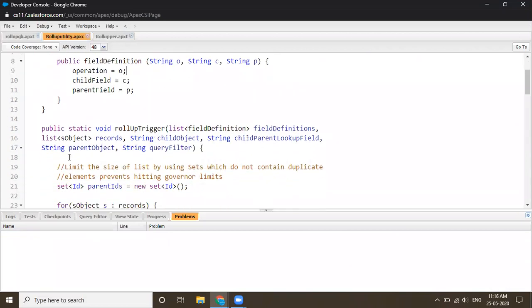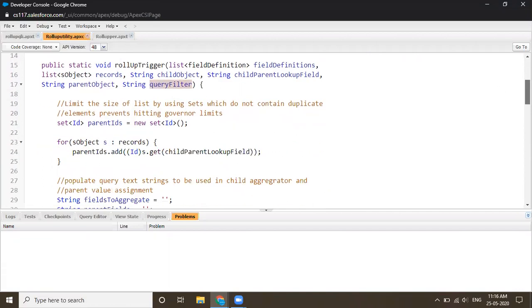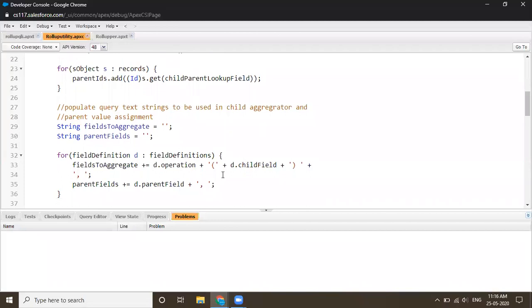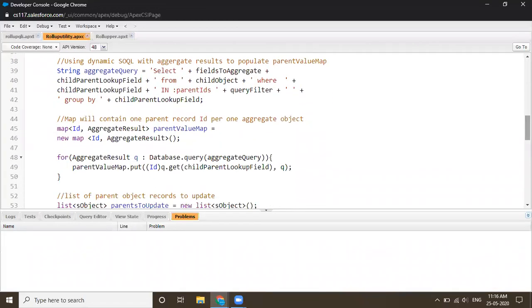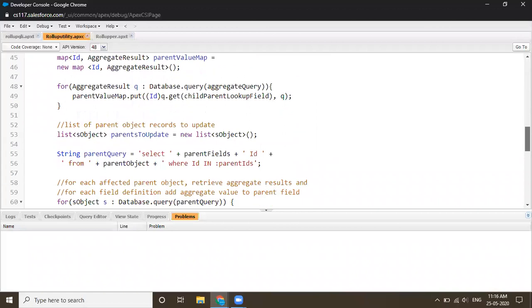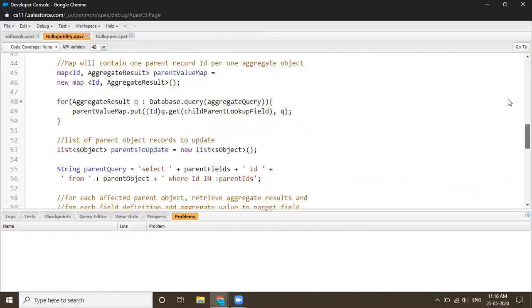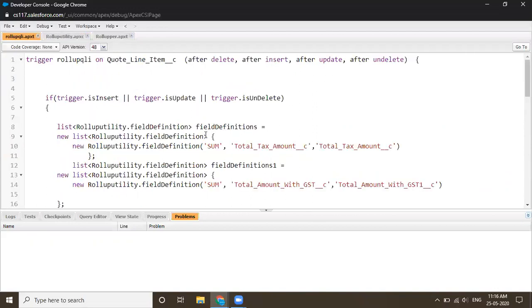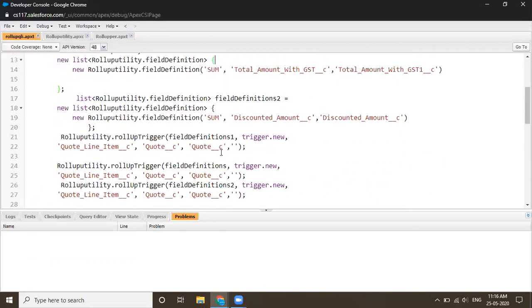In this method, we are passing the values: in SObject, the current object, we are using the child object, parent object, and query filter, so whatever query you want to use. And we are writing the full code here. We use this full code to execute our roll up trigger. So how do we use this file in the roll up trigger? This is the main concept. We can copy this file from Google, but how to use it? Now I have written some code. This is the code that I wrote. This has multiple fields that I have used in a single roll up, so I'll show you one single one.